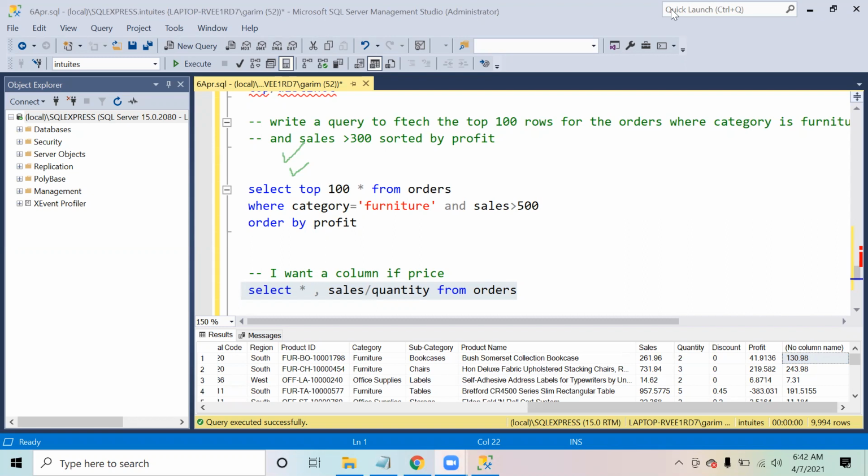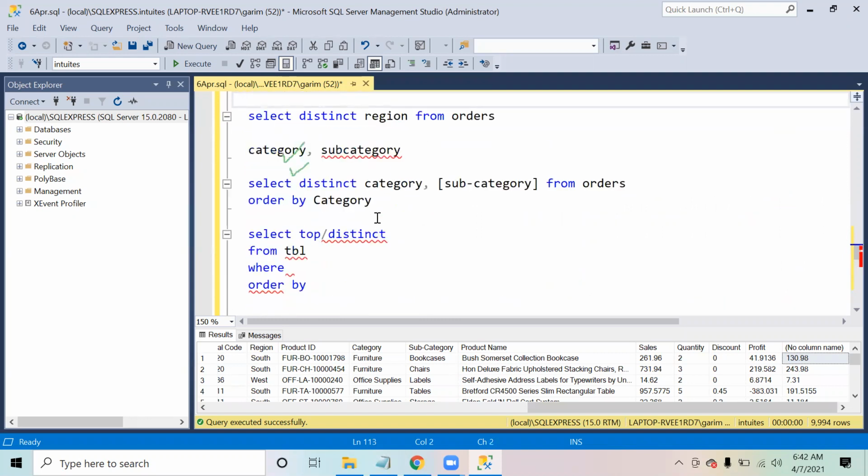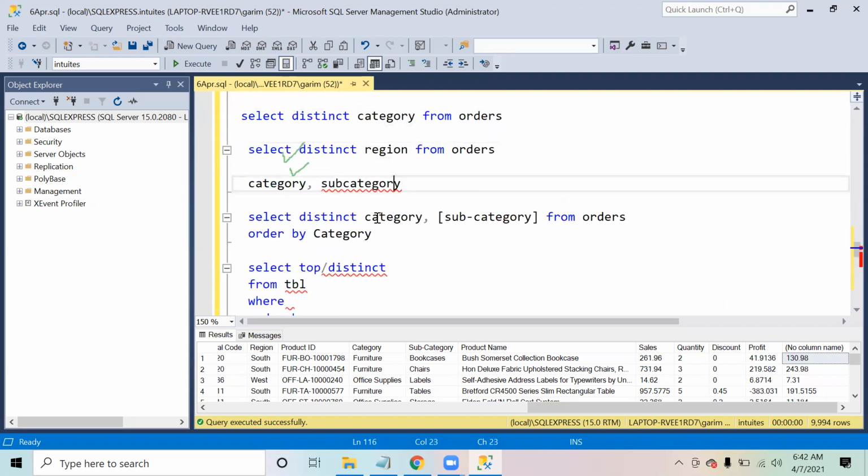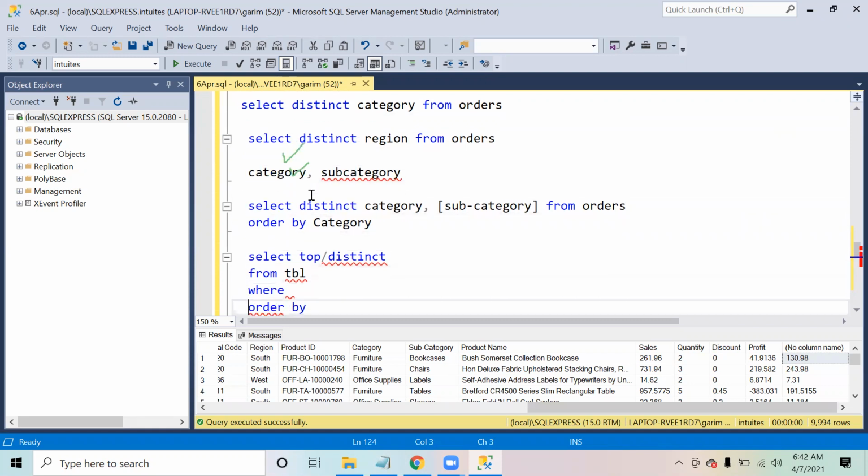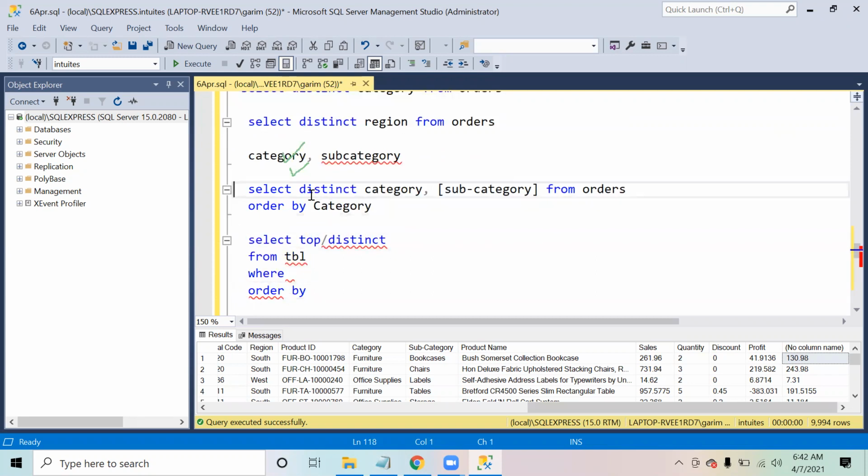Amit, I have a doubt. Why is there a comma after star? Whenever we specify just limited columns, we separate them with a comma. Like when I wanted to see only category and subcategory, I said category comma subcategory.